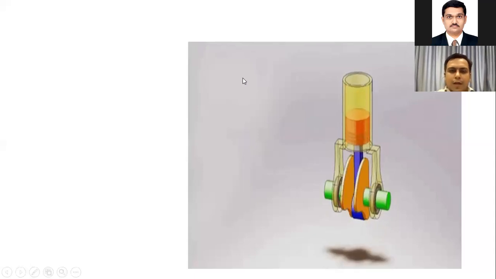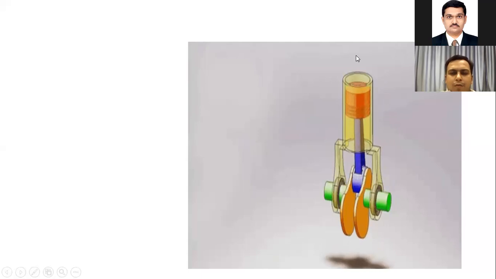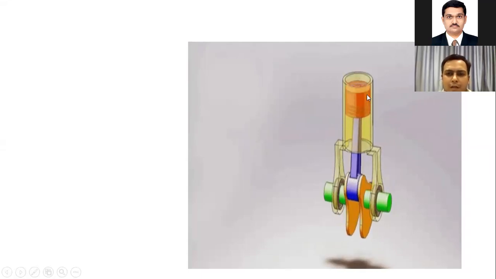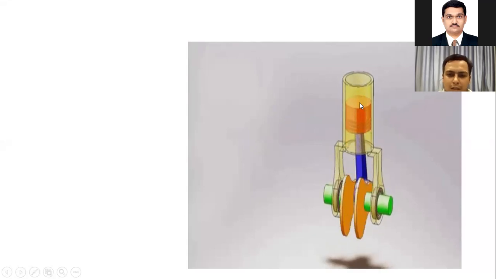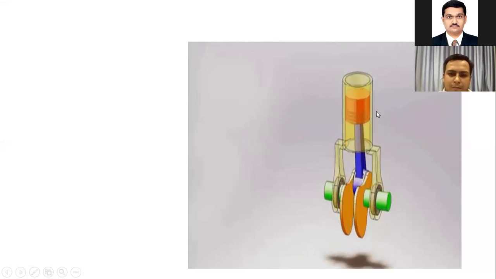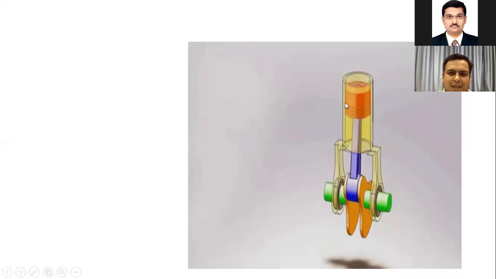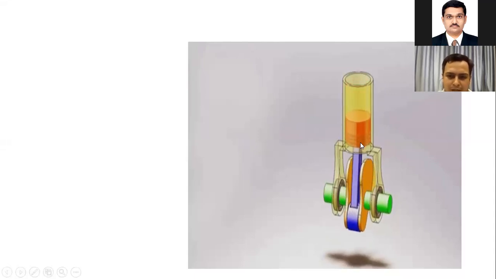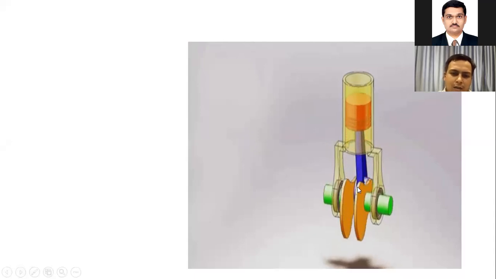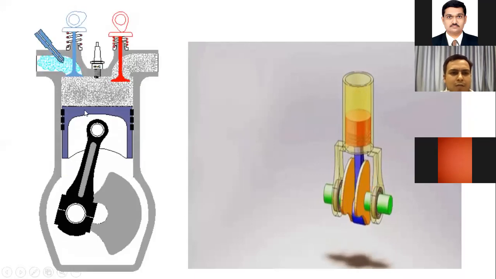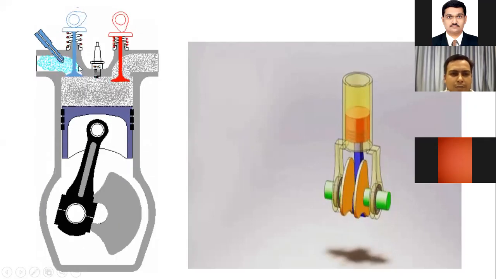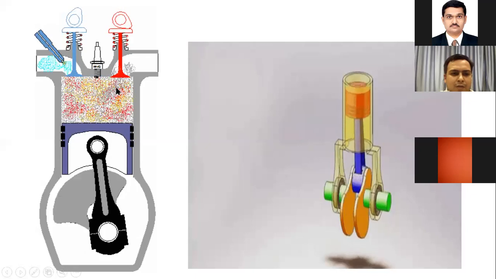Okay, so let us understand the basic philosophy and basic terminology of the engine. Here the yellow color pipe is called a cylinder. The orange color moving part inside the cylinder is called a piston. Then the piston is attached with blue color parts, that part is known as the connecting rod. And here the orange color part is called the crankshaft. So now we understood the terminology. Over here, how the piston and cylinder work.